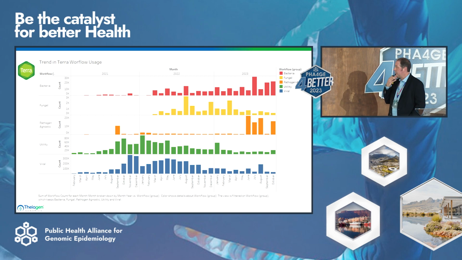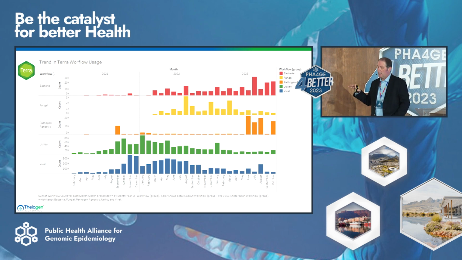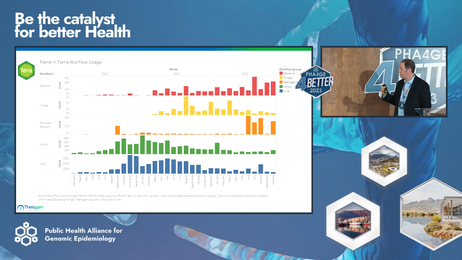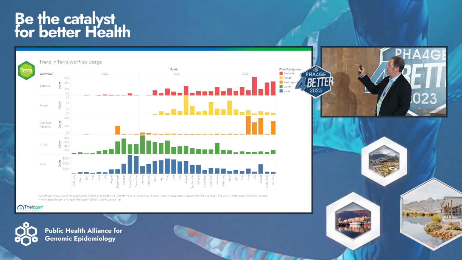What's also encouraging is I broke down these workflow usage so you could see the trends over time. And in the bottom, you could see the blue with the spike in usage of workflows that are specific for viral pathogens, most notably SARS-CoV-2. In green is more the utilities for submitting to NCBI or GISAID, so you could build in workflows to automate those submissions. But what's really interesting is the top 2 panels, where red is the workflows that are specific for bacterial pathogens. So you can see that over time, we're starting to see more and more use for bacterial pathogens,